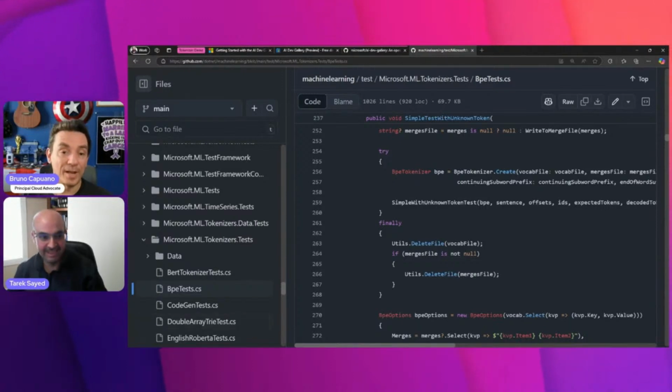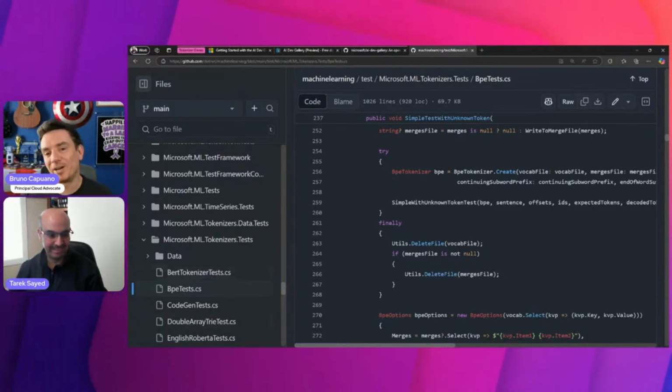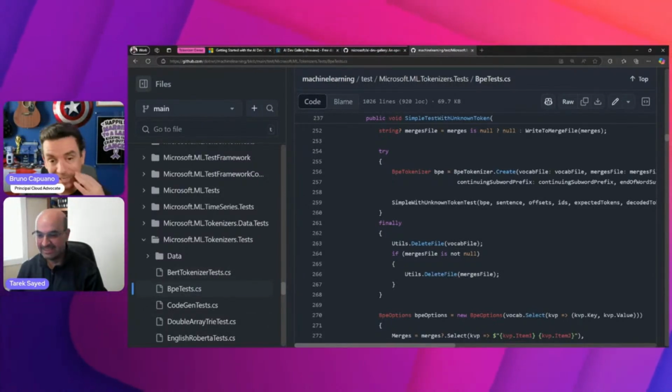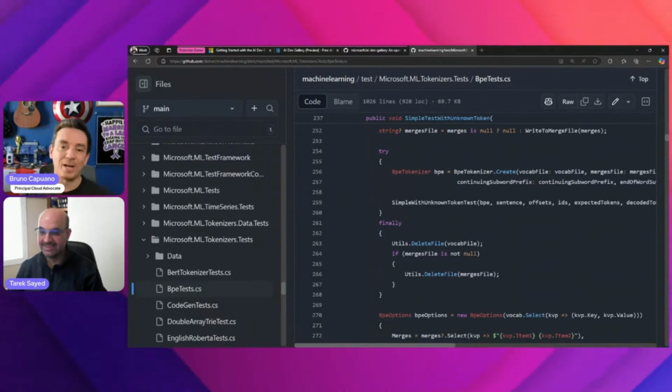Yes, the tests are great, as you mentioned, not only to check that the code is working as expected, but also as a way, if you are new here, to learn: how do I do this? How do I do that? This is where I usually go in libraries to see how they are doing something, and then I figure out a way to do it in my own app. It's super cool that we also have a lot of tests here.